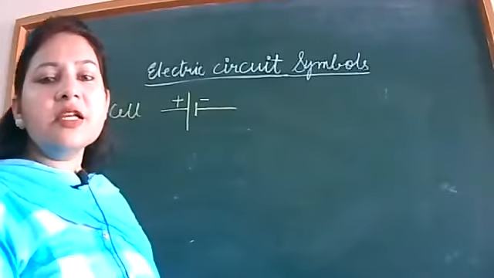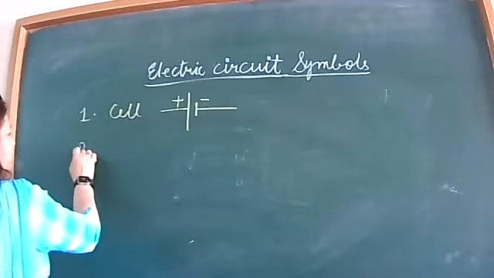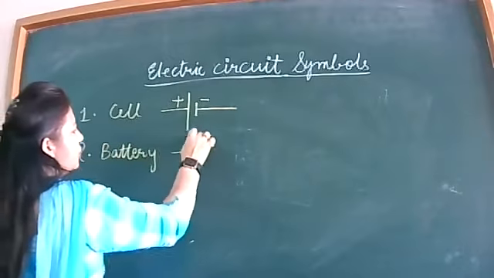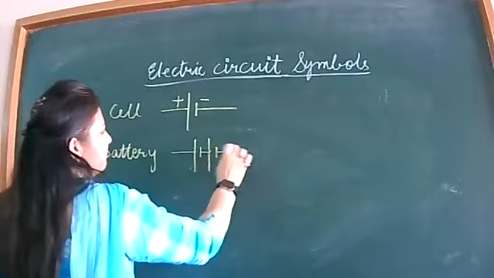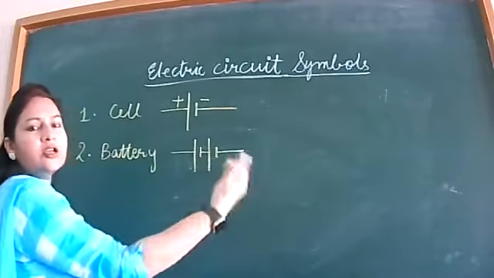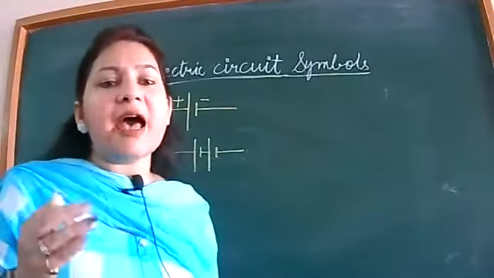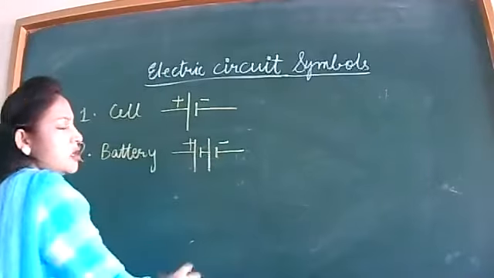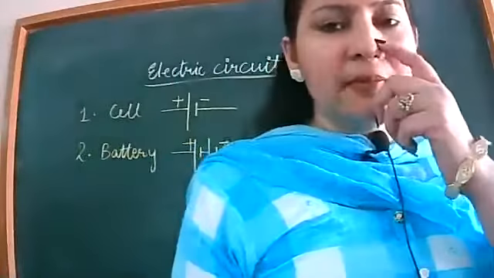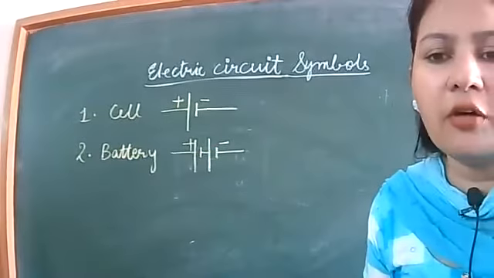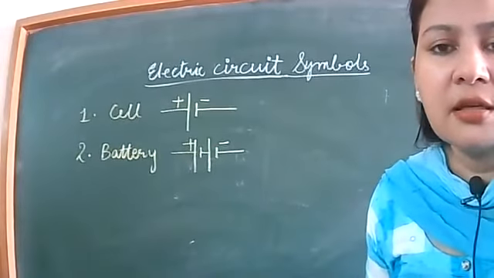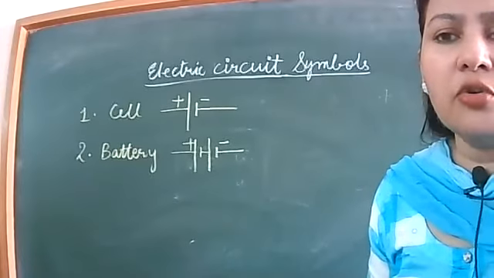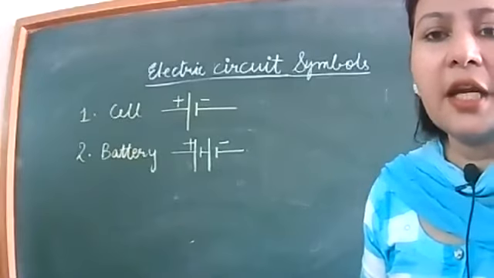So next is battery. A battery is a combination of 2 or more than 2 cells. एक cell के बाद दूसरा, दूसरे के बाद तीसरा. You can connect as many cells in series as you want. So we'll get a battery. Okay. So write down the definition of a battery as well. A battery is a combination of 2 or more cells connected in series